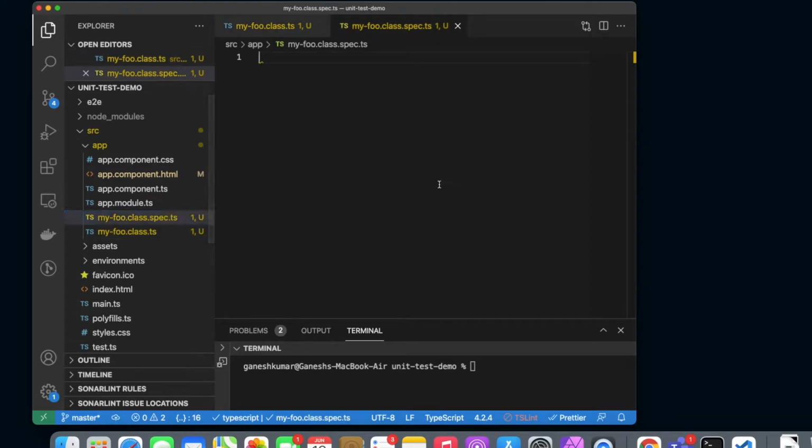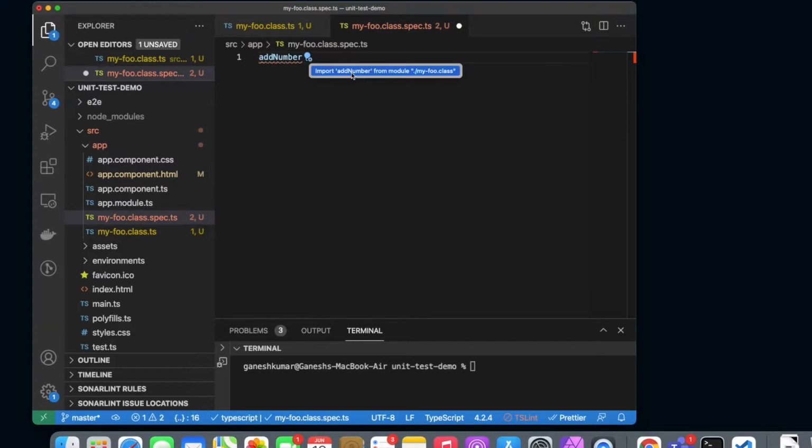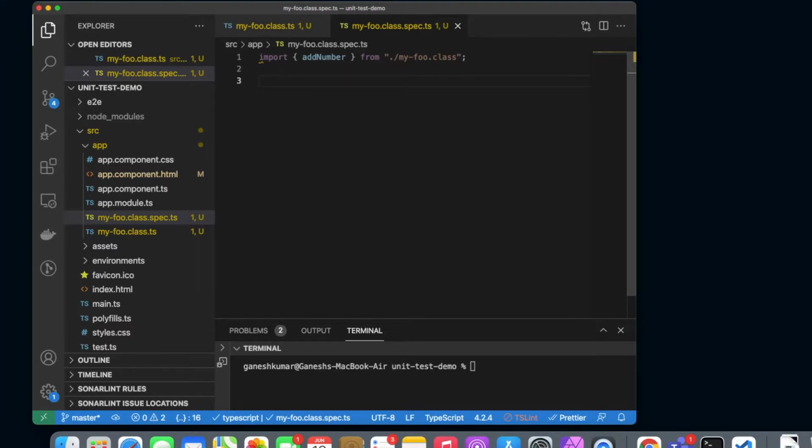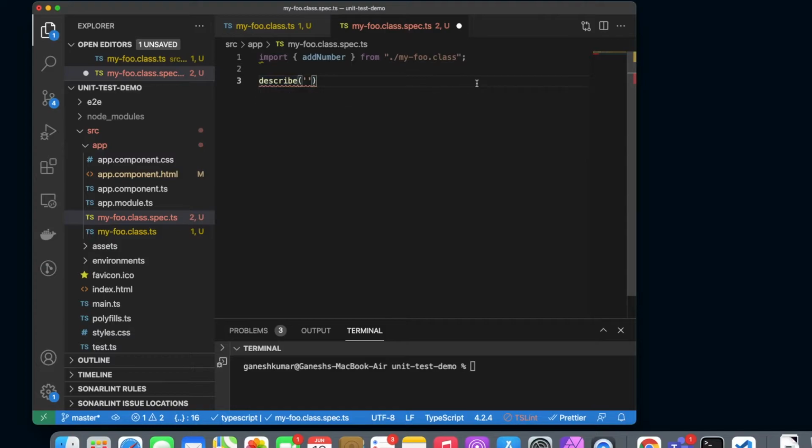So in the spec.ts file, the first thing that we need to do is to import this function into this file. This is what we want to test. So how do you look at the structure of a spec file? This spec file or a unit test file will have a series of unit test cases in it, and you need to group those test cases into different suites or different buckets. To do that, the very first function that will help you is the describe function. This describe function will take two arguments. One is the name or identifier or description. The first argument could be the description.